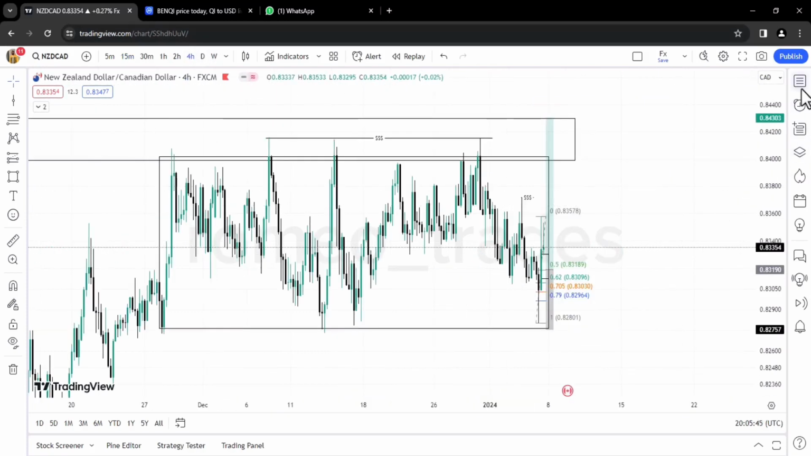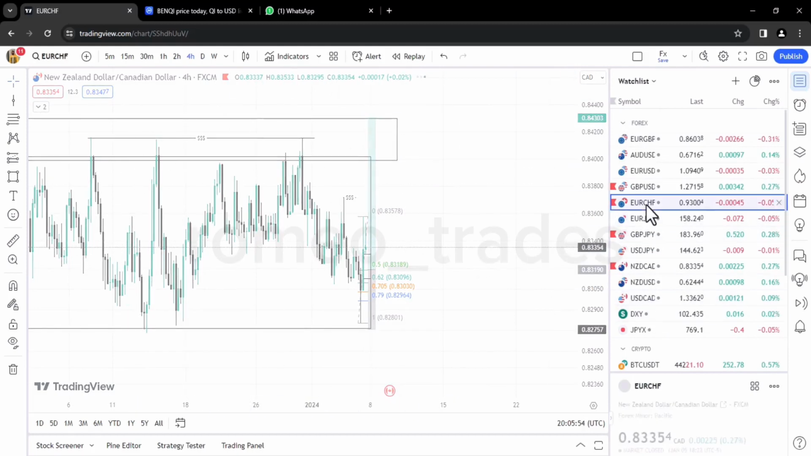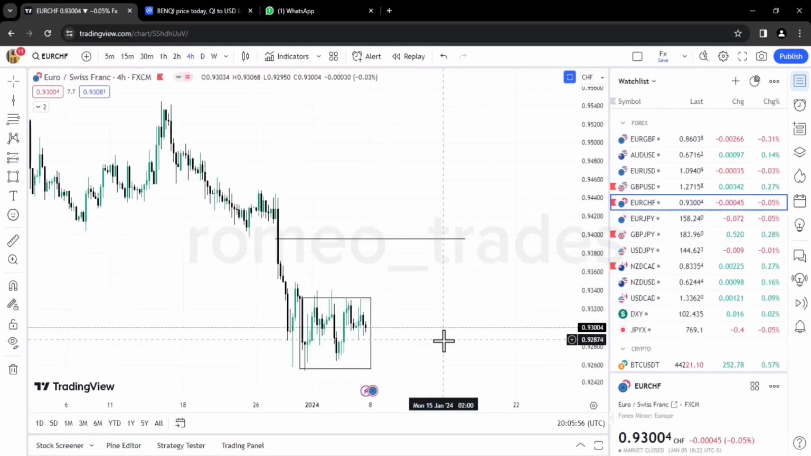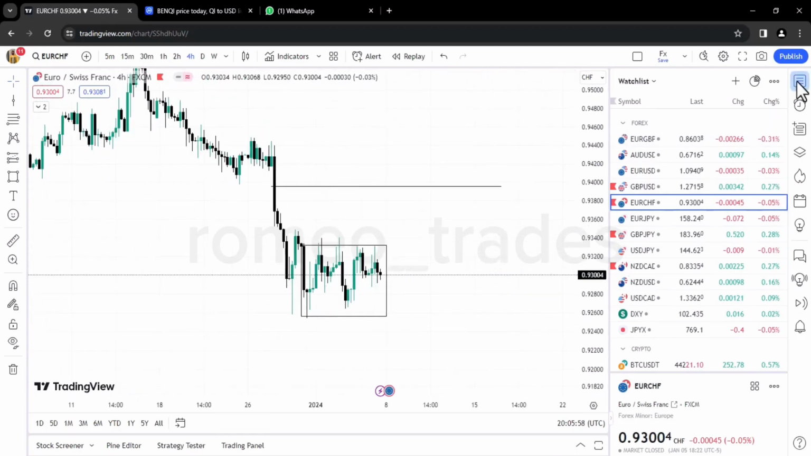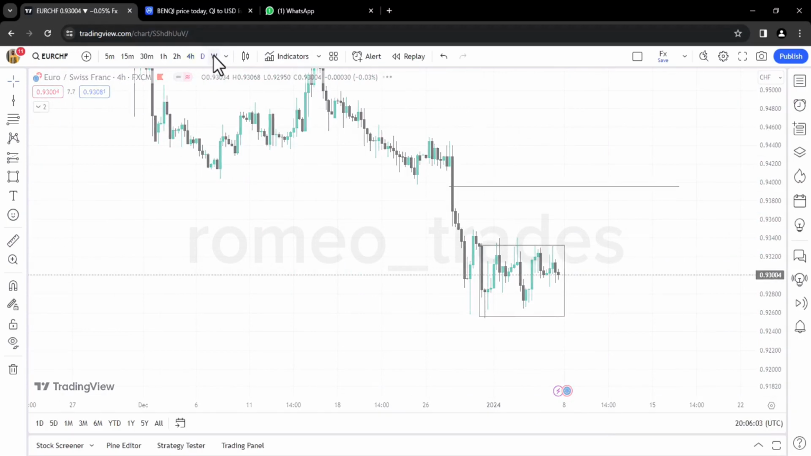The next pair is Euro CHF. This is supposed to be a bonus though. Same structure as NZD CAD. So let's look at Euro CHF before we look at the last pair. Currently Euro CHF is experiencing a low. I think this is a low of